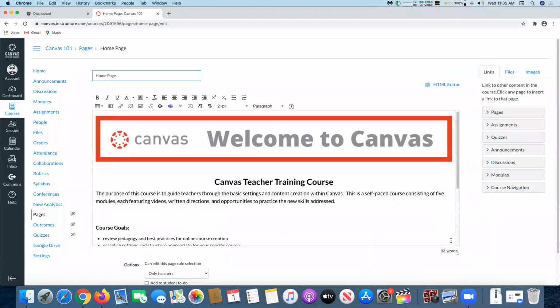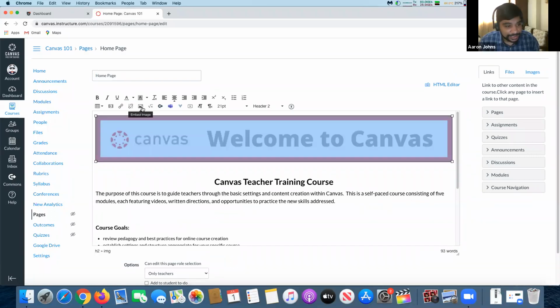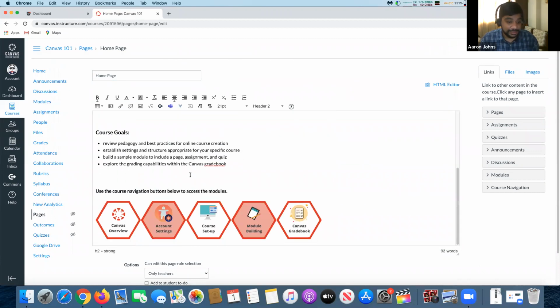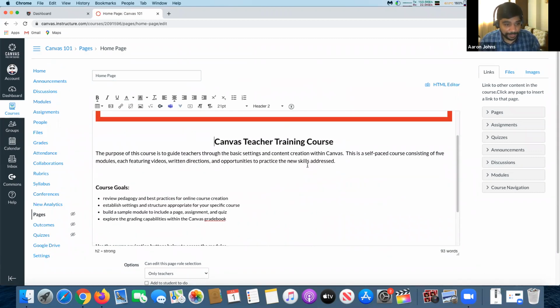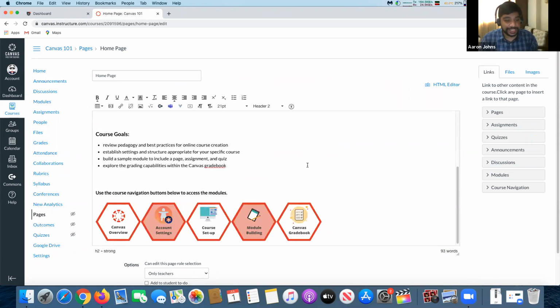When you click the edit button, you can see you can add pictures, you can add Google Meets, you can add whatever you like over here. Can you see Google Hangout Meets, Google Apps, as well as you can actually type whatever you like over here. So whenever you make a page, you can put it as an introductory page for your course.